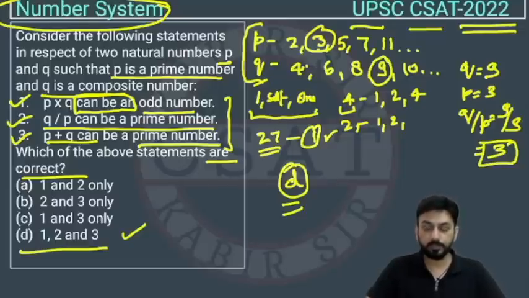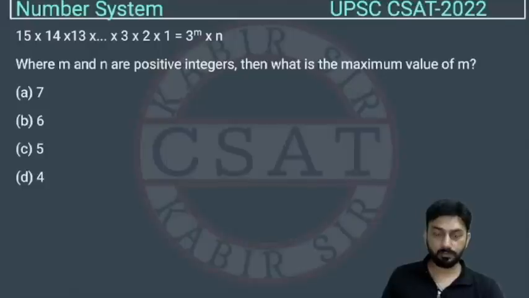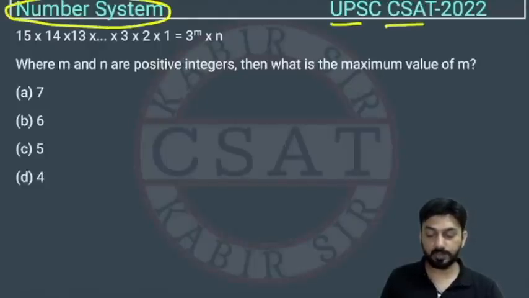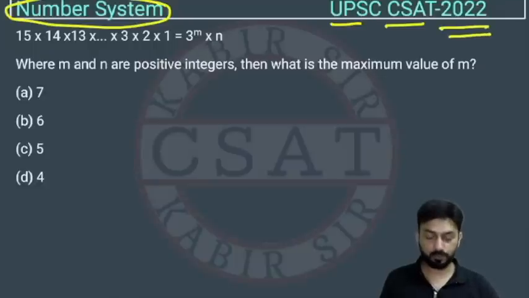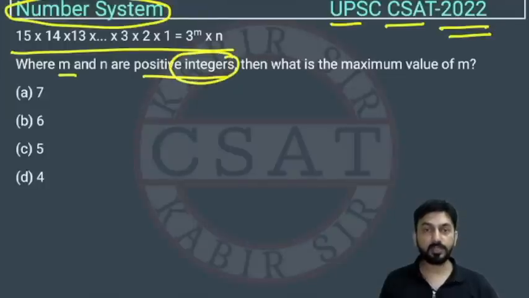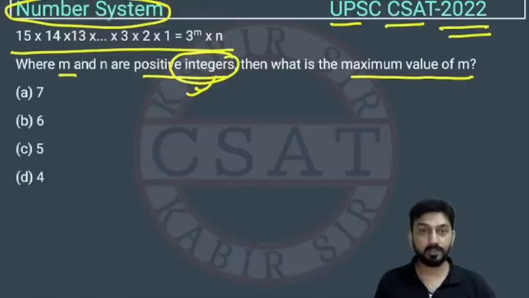ओके, दिस इज ए क्वेश्चन ऑफ from number system chapter asked by UPSC in their CSAT paper of 2022. So this number they have given, right? So this is 3 की power m into n. So where m and n are positive integers, right? So बहुत सारे students को मैंने देखा है, they just read this integer और उनकी हवाएं उड़ जाती हैं, right? तो integer आपको पता होना चाहिए, right? Then what is the maximum value of m? आप इसको पता करिए और इसको याद रखिए, राइट. और इसको कमेंट सेक्शन में भी मुझे करके बताइए कितने स्टूडेंट्स हैं जिनको पता है कि इंटीजर्स क्या होते हैं,